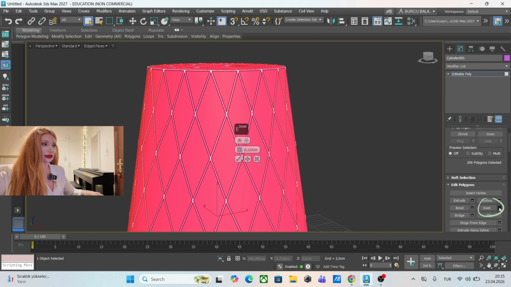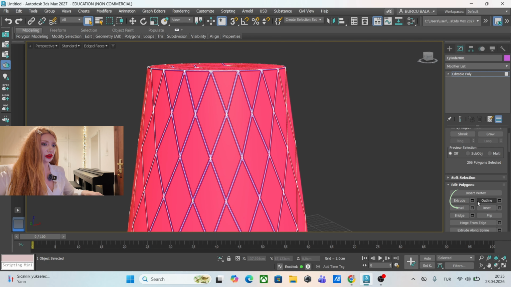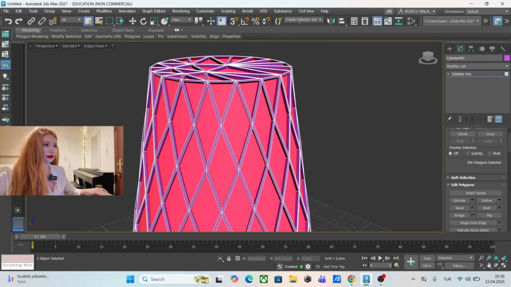I can create an inset to give it a bit frame. We can extrude them, like minus extrude 5. Okay, let's save the selection, faces,